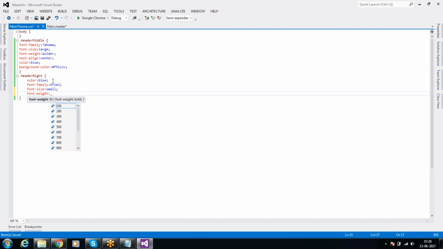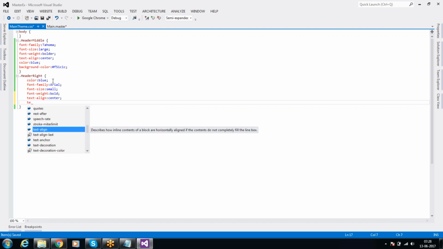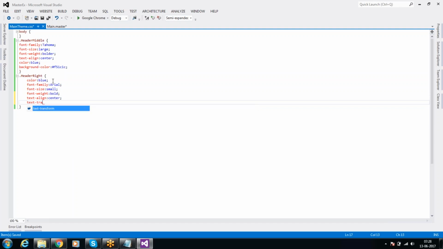Font weight: bold. Text align: center. Center. Next, text transform: lowercase. Likewise, I took this. So these are the different styles, and you can understand them as we keep